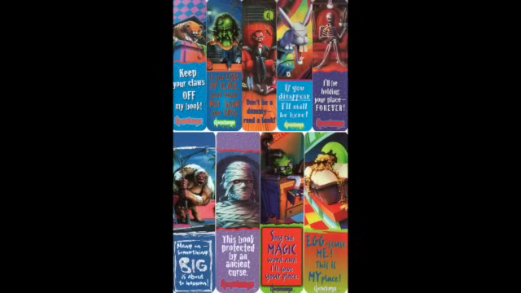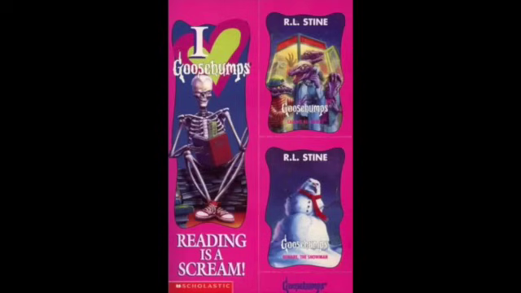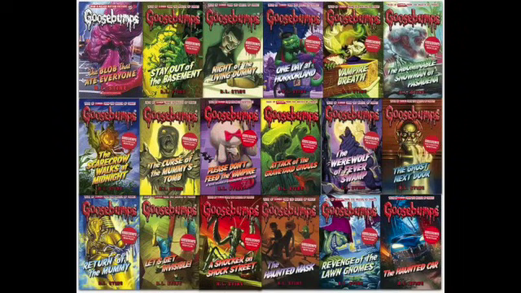Tear Outs. A handful of original Goosebumps books included little merch that you could tear out of the book. They included bookmarks, tattoos, masks, calendars, and the most popular piece of merch that you could see, trading cards. Classic Goosebumps. The Classic Goosebumps series just refers to the first 20 books of the original Goosebumps series. I don't know why these books are referred to as the Classic series, and it may have just been the name given to a box set that they came in.